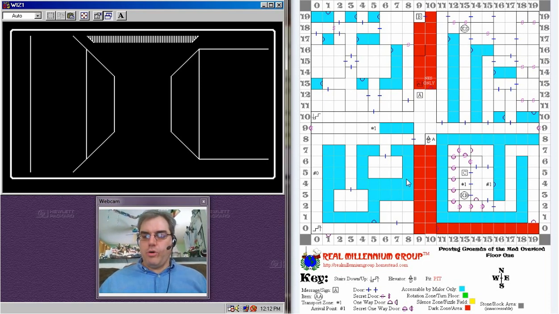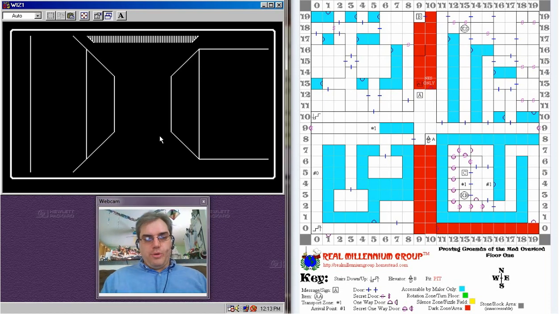I don't recall if we have that here in Wizardry 1. It's been so long. And of course, this is a one-way secret door. One-way secret doors here. As you can see, normal doors, again, points of interest. The red bars are what they call dark zones, dark areas. As you can see, not much difference, except in the NES versions of the game.